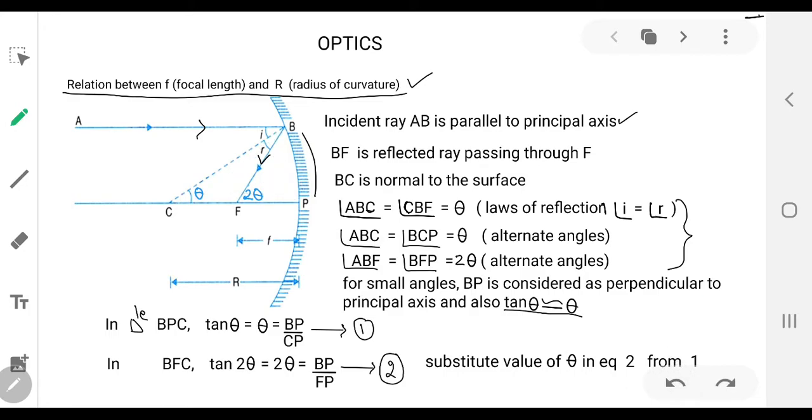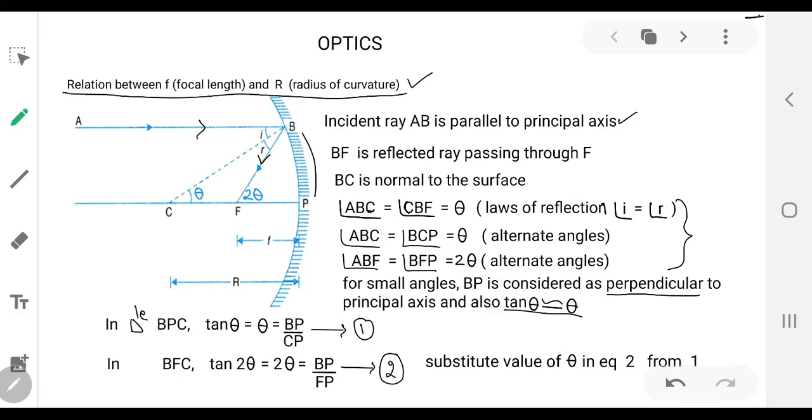Again, for small angles, in the first year you all have studied small angle approximation. For very small angles, tan theta is nearly equal to theta. Now using these two assumptions, BP is perpendicular to the principal axis as well as tan theta is nearly equal to theta, we shall move on to the next part. As I have mentioned, if you take BP perpendicular, then